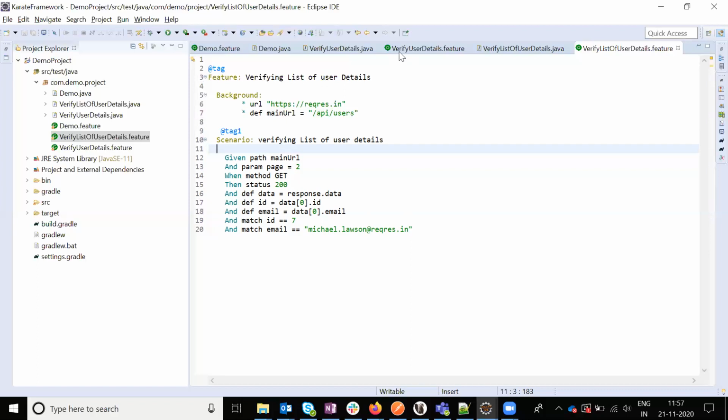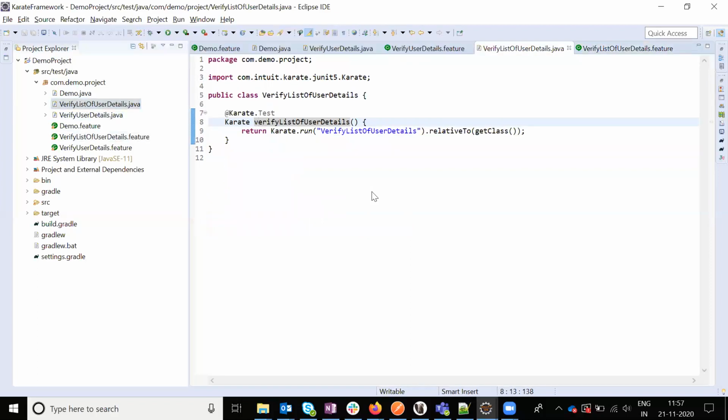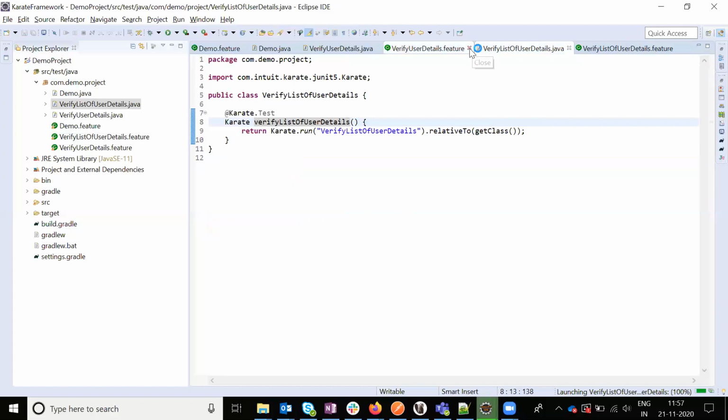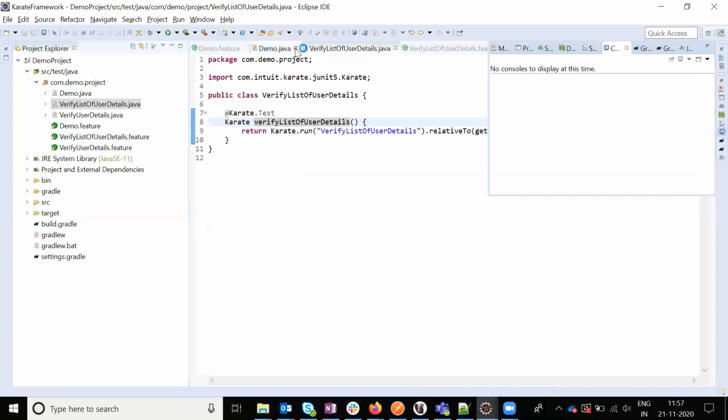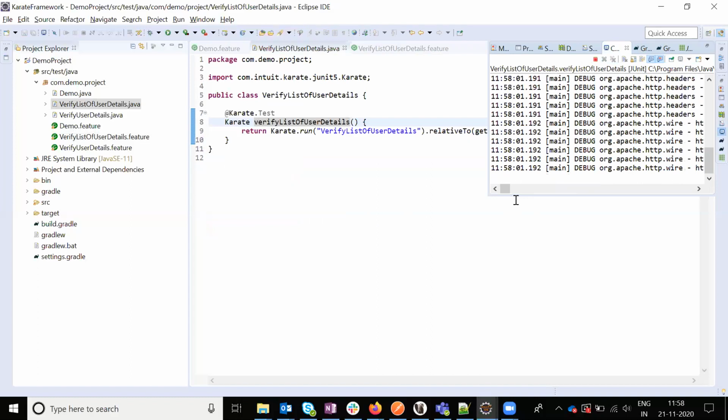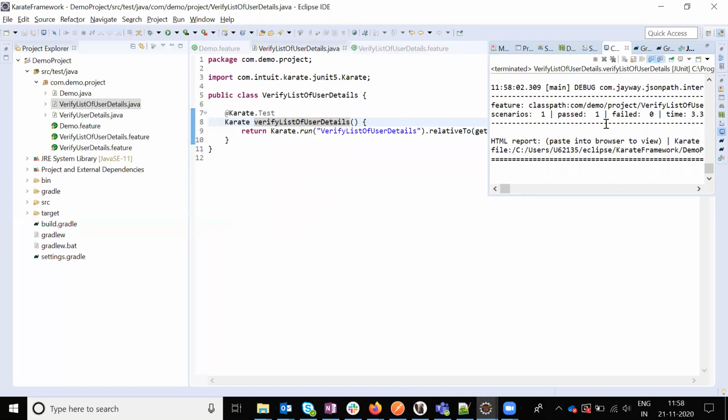Save and run the class. You can see 100% is the pass percentage for that. Pass.